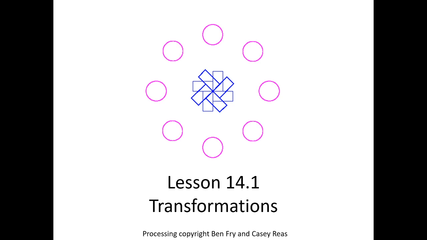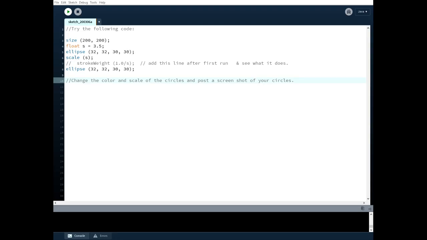The first thing that we have is a warm up today, and it looks like this. So try the following code. Pause this if you need to, and copy down the code. You will notice that it doesn't seem that we have a void setup and void draw. By default, it'll do this over time. And so first, let's go ahead and run this. And I get this,